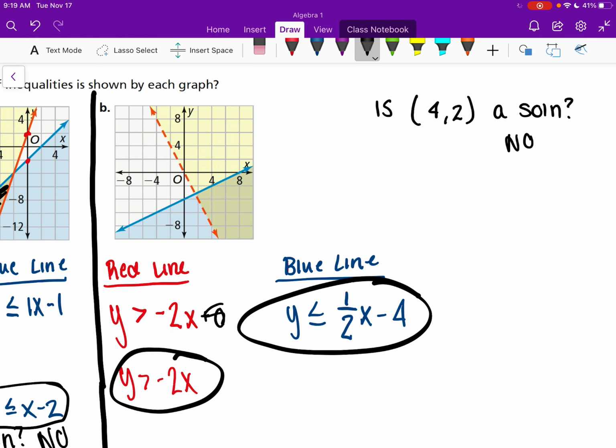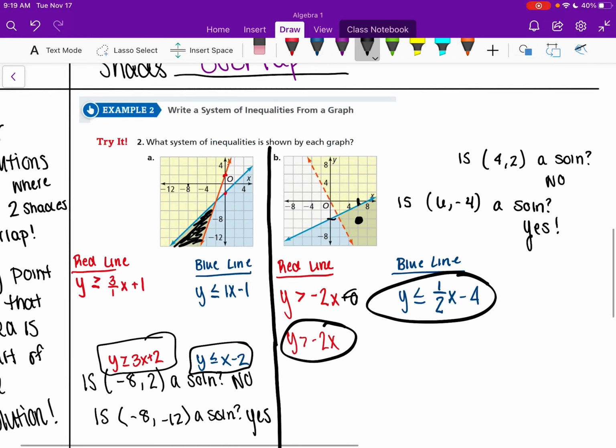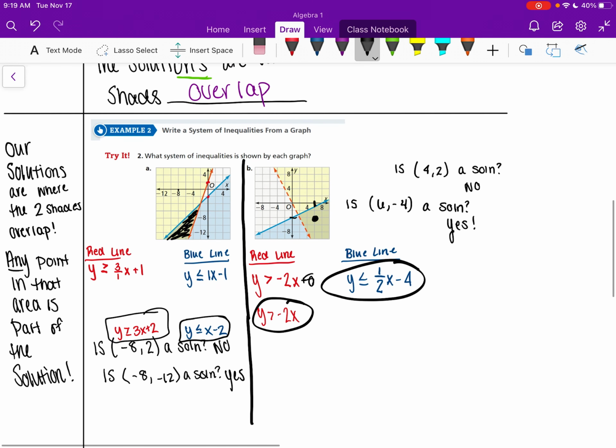What if we said, is (6, -4) a solution? Let's find out. Let's go where x is 6, y is -4. That point is down here. Is that in the overlap? Yes, it is. So it is part of the solution. And that's one way you can determine solutions. That is section